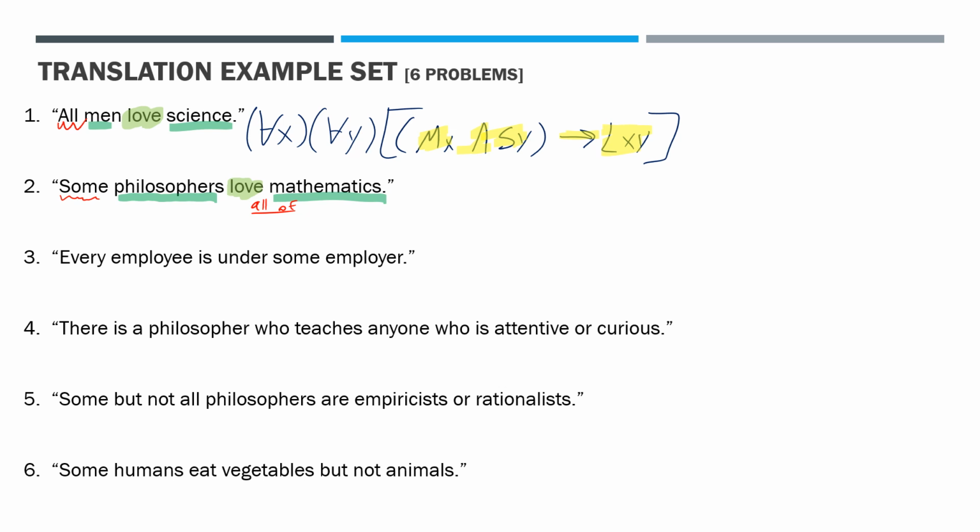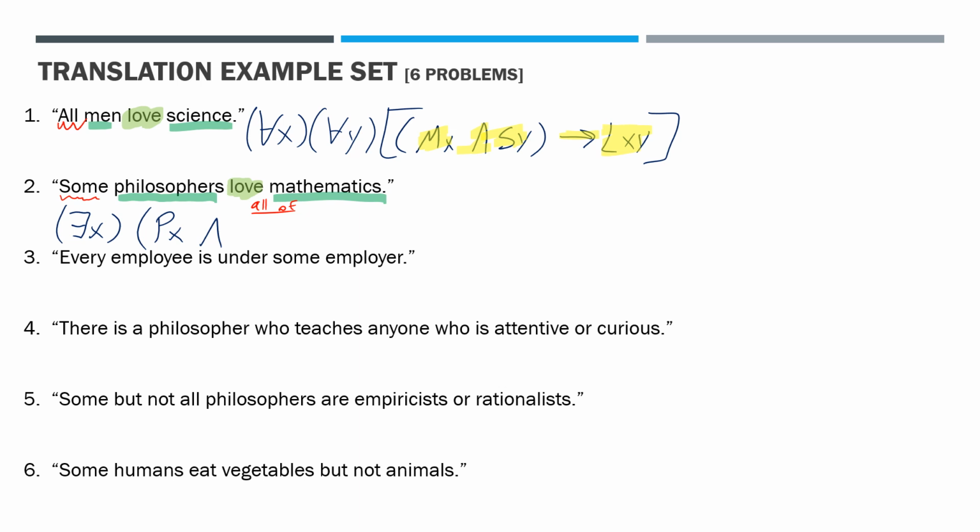So we have two quantified variables. One is existential and the other is universal. We can think about it this way. There exists some x such that, now here we're going to have a conjunction because we have a particular proposition. So we'll say Px, x is a philosopher, and now we're going to say